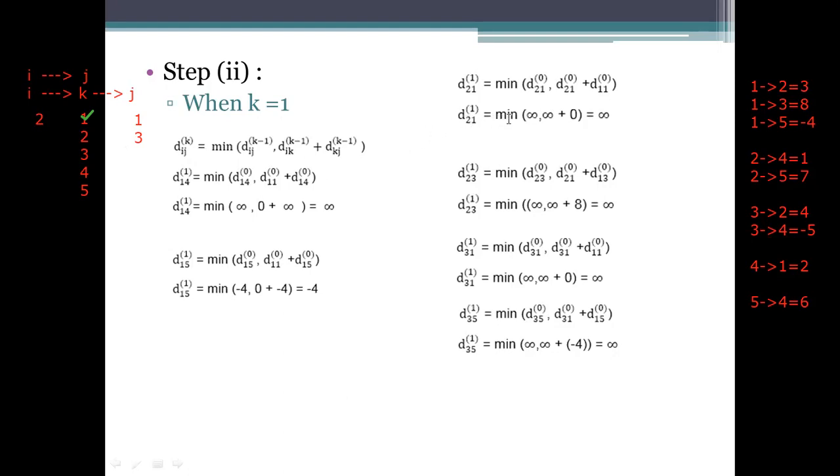To calculate the distance from 2 to 1, we need to traverse to the first node. There lies a path 2 to 1, or we need to traverse to 1 and 1. Okay. So here there is no path from 2 to 1. Infinity has been considered, plus 0 will be taken into account, because 1, 1 is a self loop here, and the final answer is infinity.